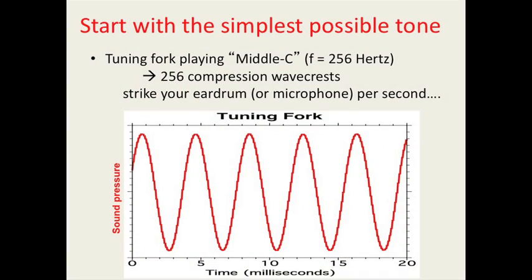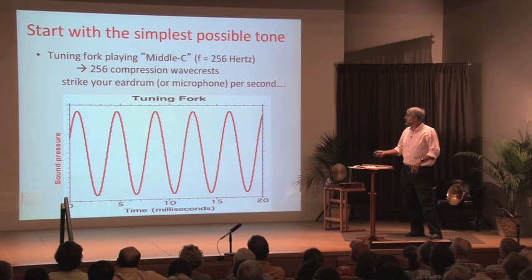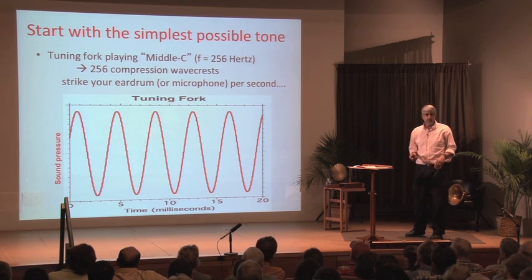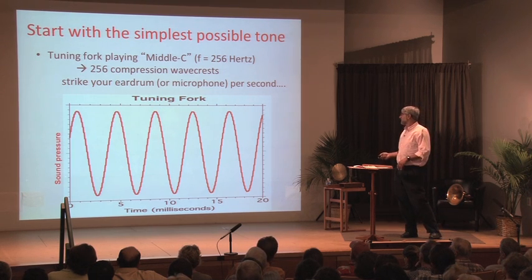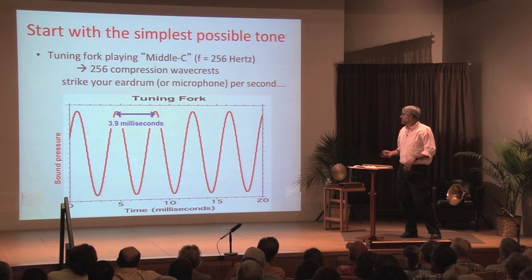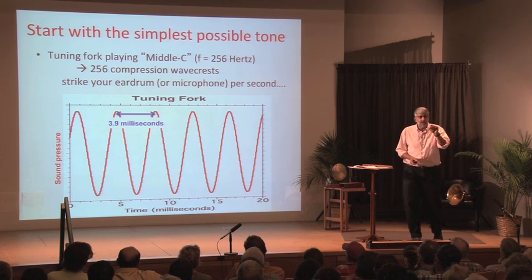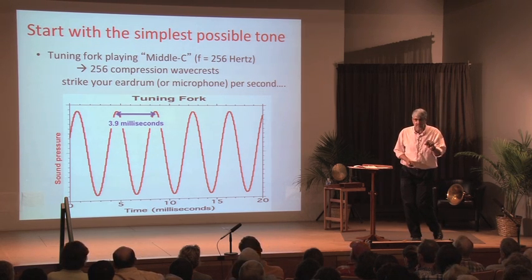We see this very beautiful, very simple pressure variation that a microphone or your ear would hear. And again, how do we read this? Slightly above room pressure, slightly below room pressure, etc., up and down in a beautiful sinusoidal pattern. Okay? Now, what else can I tell you about this? A crest is reaching your ear every 3.9 milliseconds. Now, are you hearing every 3.9 milliseconds some sort of pulse of sound? No, that's way too fast for us to process. Instead, we hear it as a musical tone, as you just noticed.